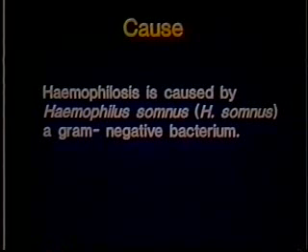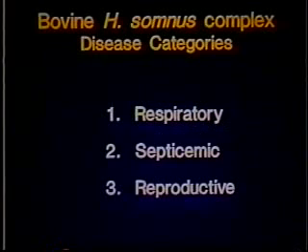primarily associated with a species, Haemophilus somnus, a gram-negative organism that produces several different syndromes, primarily in cattle. One is principally a respiratory syndrome, which is sometimes part of the respiratory disease complex, or the so-called shipping fever complex, in which there are lesions in the pulmonary system that result in pneumonias, sometimes the death of the animals. Then there's the septicemic form, which largely produces encephalitic signs, and then the reproductive form that may result